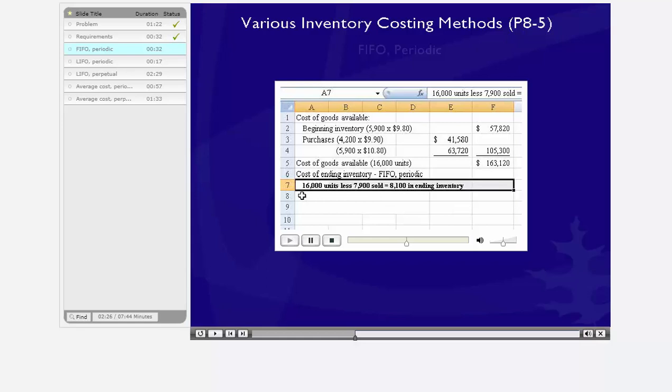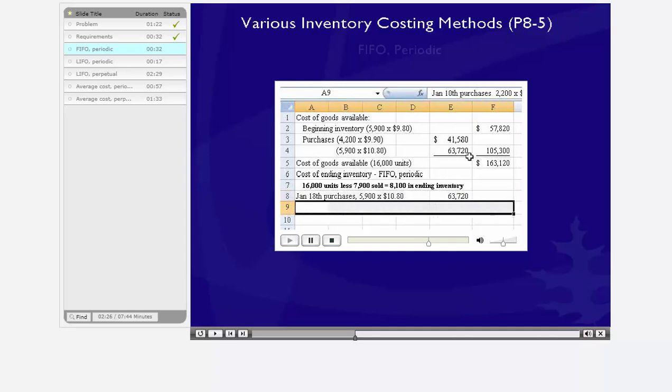Alright, well, using FIFO is very much a layering approach. So on January 18th that was the last purchase we made, right? We had 5,900 units purchased, and since 5,900 is less than the 8,100 in ending inventory, then we know that amount is still on hand, 5,900 times $10.80 for $63,720. Well, we've got to add up to 8,100 units to come up with the ending inventory, so January 10th was the previous purchase, and we can only use 2,200 of those units, even though there was really 4,200 units